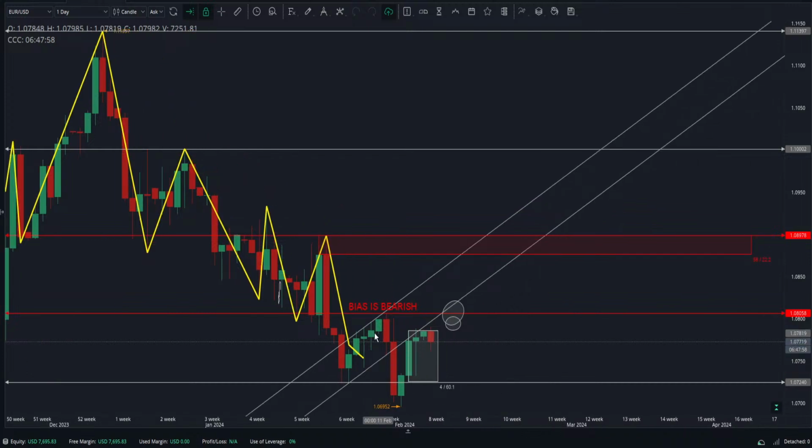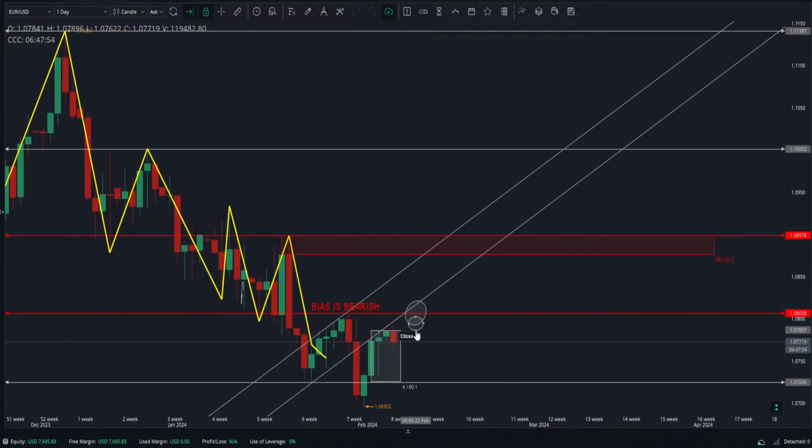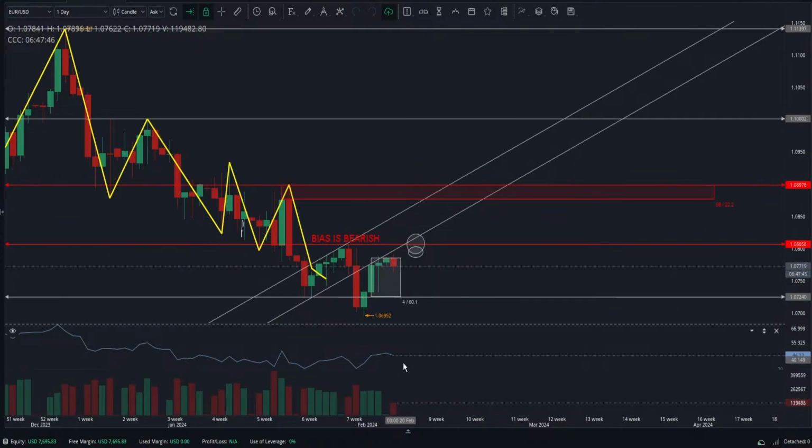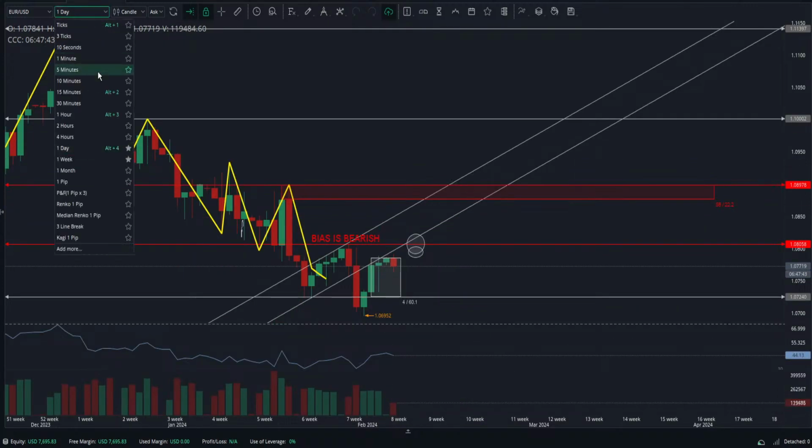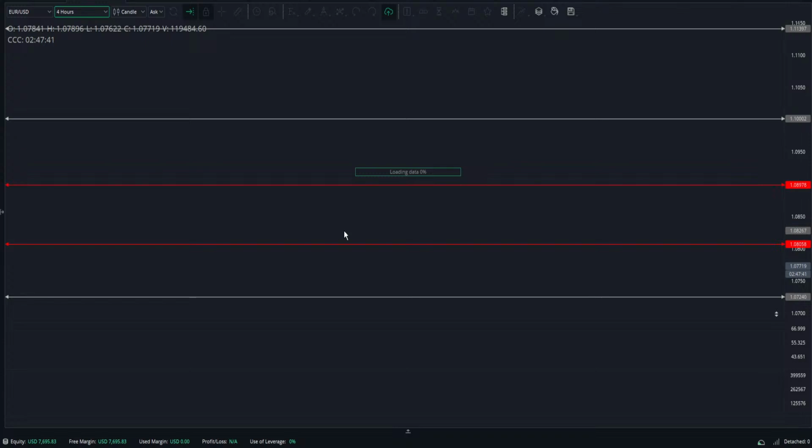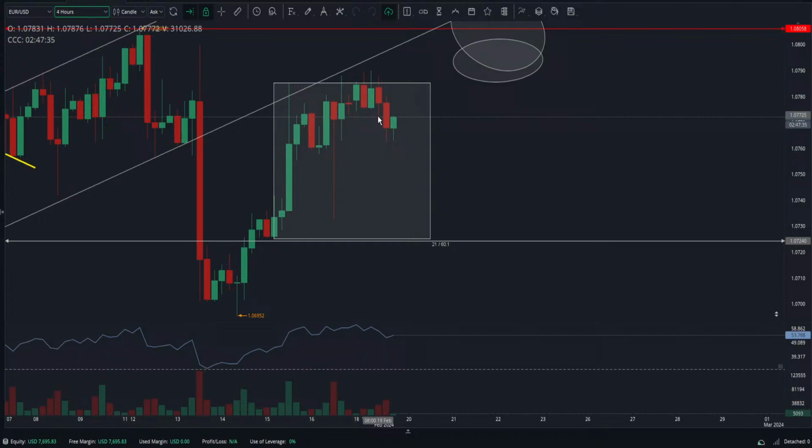Euro, the bias is bearish. I'm saying that the best price that you can get is around this area, and this price has already come today. Okay, and I think people are already willing to take that price. They're selling it. On the low time frames you will notice that the previous low, this low, is being tested by the price right now, and there is a very high probability, because this candlestick